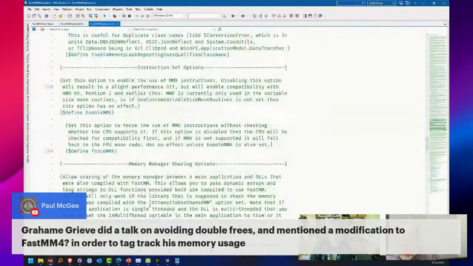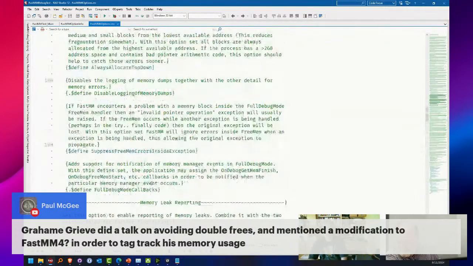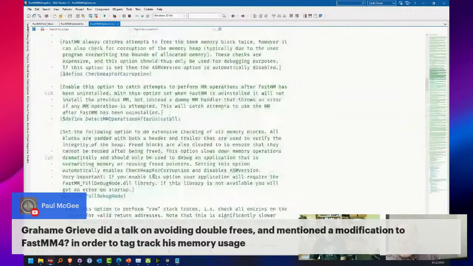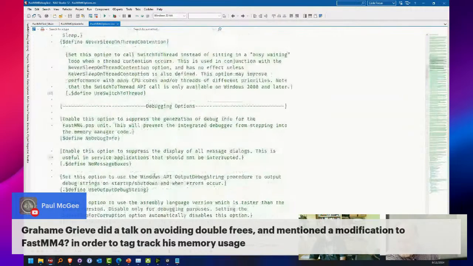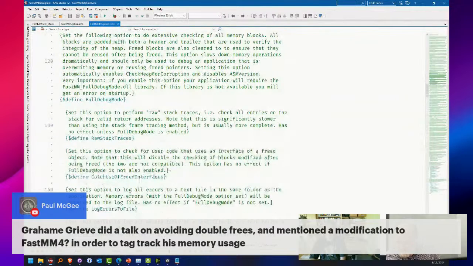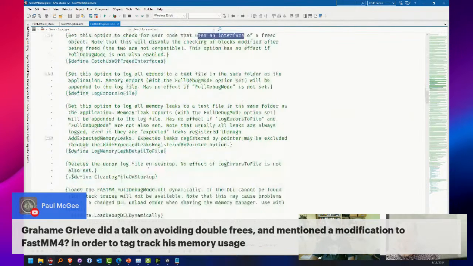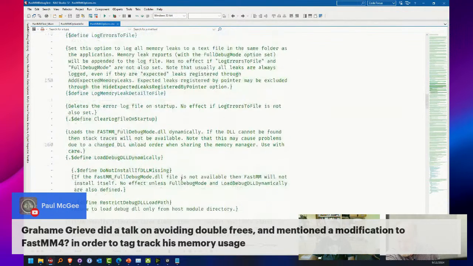So there is a full debug mode. So there's use of an interface of a freed object. That's for interfaces. Yeah, can't use a freed one.